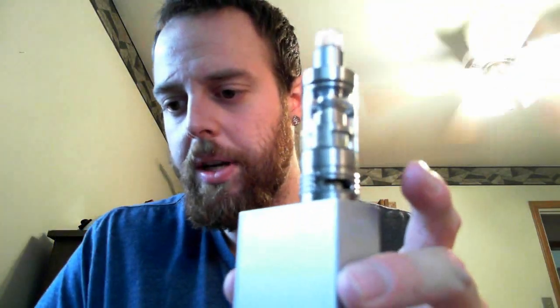I'm going to show you something real quick that I messed up on. This one I took outside and dropped it. I was grilling and the mod slipped out of my back pocket, fell on the ground. I thought I broke my Starre tank. You're going to see, let me zoom up so you guys can see this clearly. You're going to see, possibly,